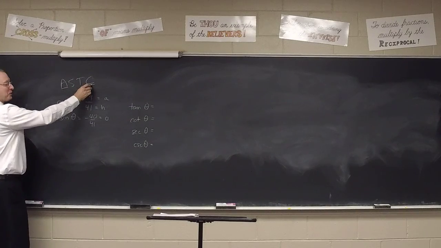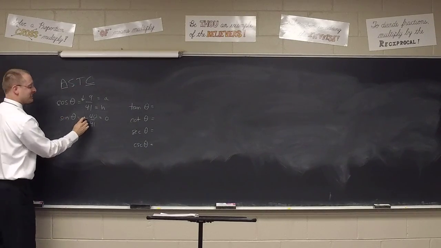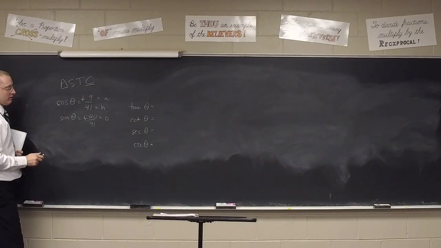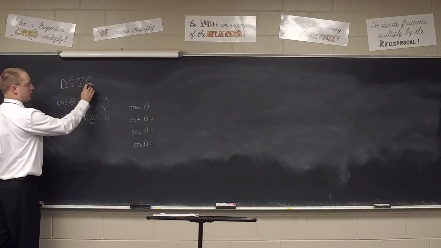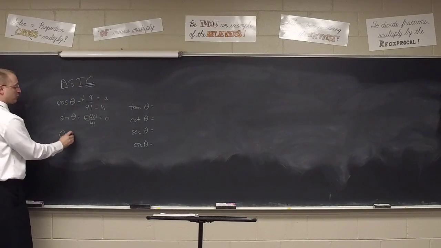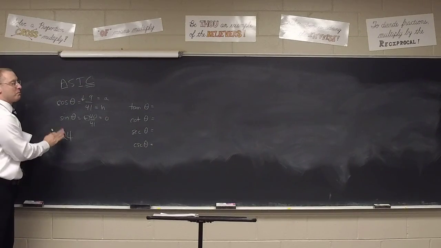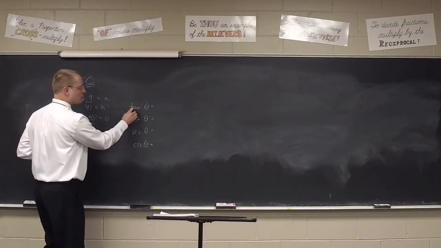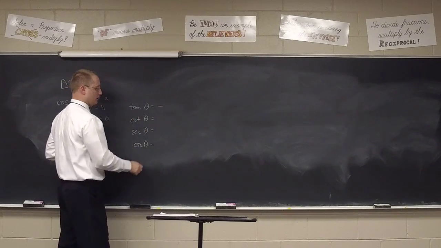But anyway, first and fourth quadrants, cosine's positive. Where is sine negative? In the third and fourth. Good, third and fourth quadrant. So evidently, we are in quadrant 4. That's where the angle theta would be. It's a reflex angle in the fourth quadrant. Which means tangent will be negative in quadrant 4. Cotangent, secant,